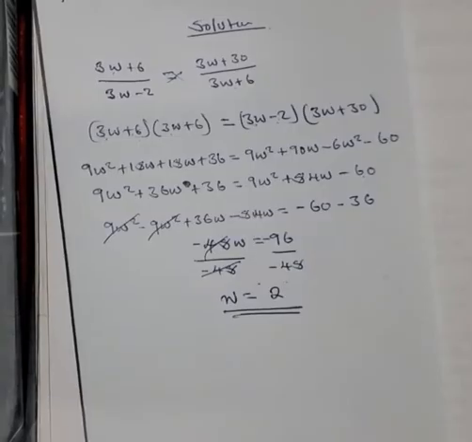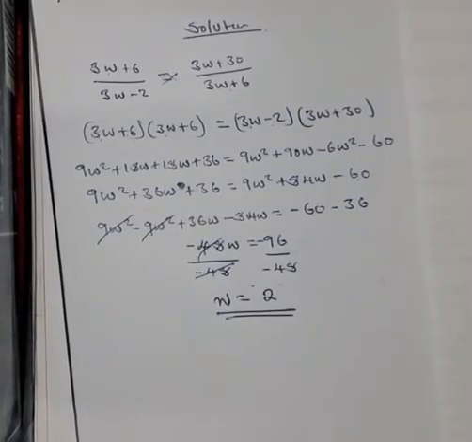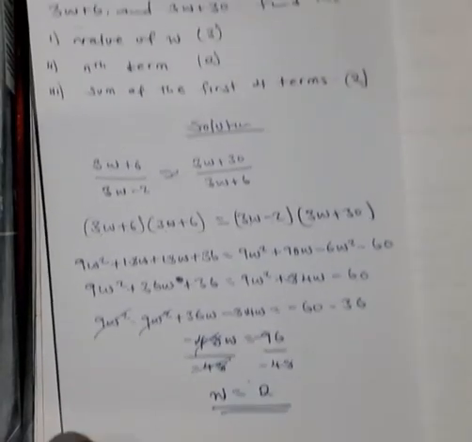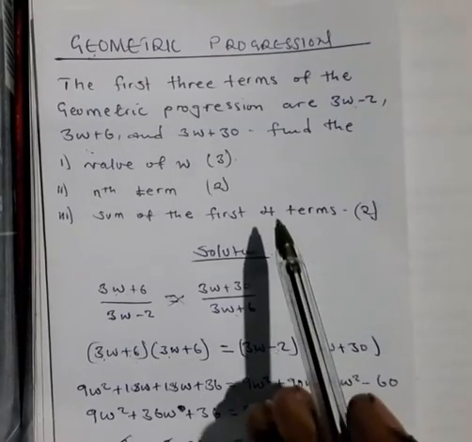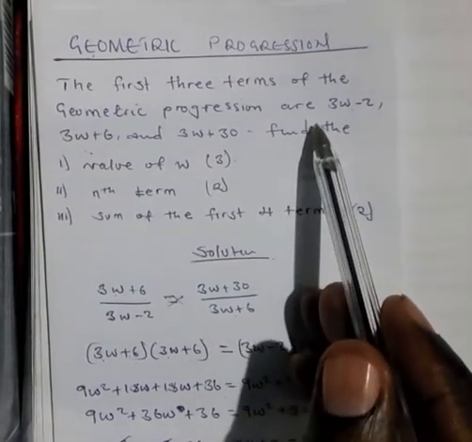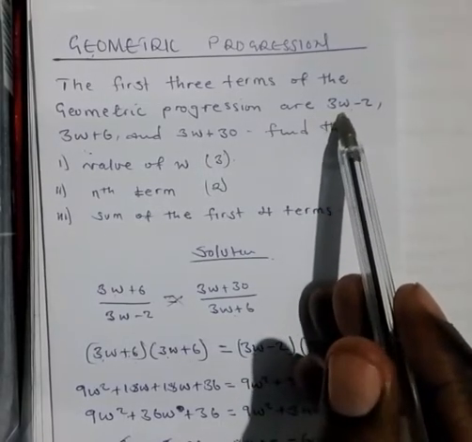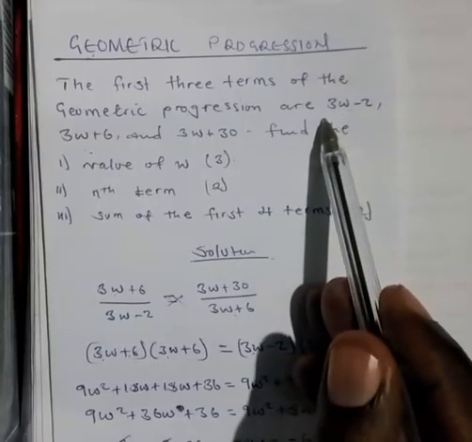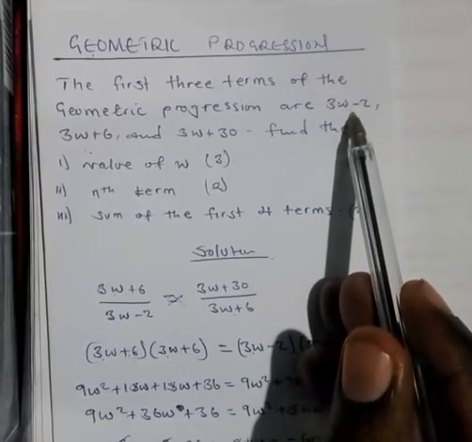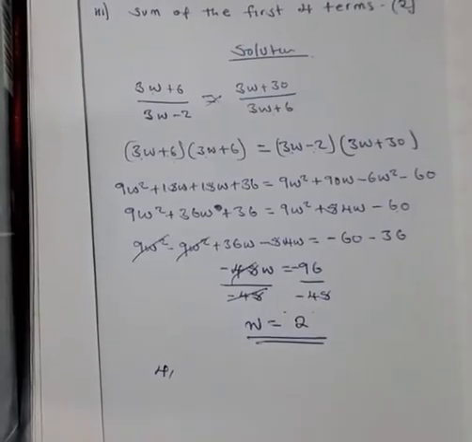W is equal to 2. All right, so since w is equal to 2, let us go ahead and write the terms now nicely. So the first term was 3w minus 2. 3w, w is 2, 3 times 2 is 6, 6 minus 2 is 4. So the first term here is 4,